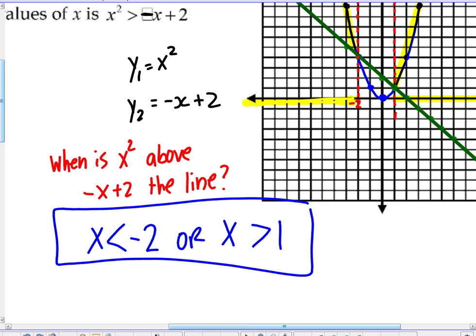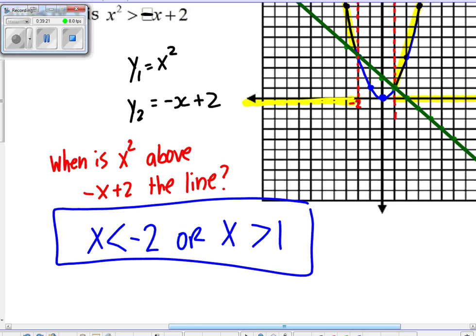So not bad. I think algebraic's easier, but maybe that's because I'm biased. I have a prejudice. I like the math. I want to do it. Okay. So that is today's